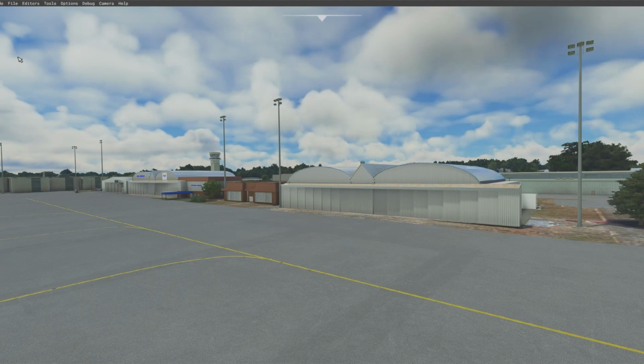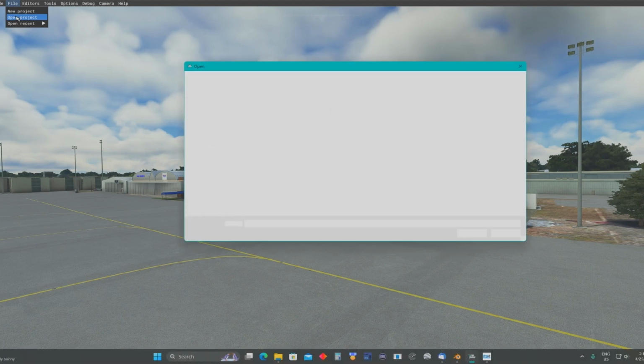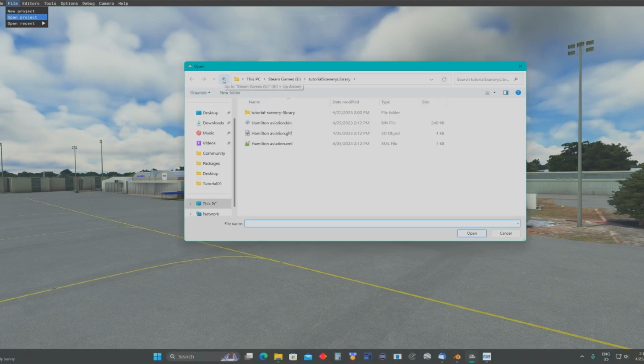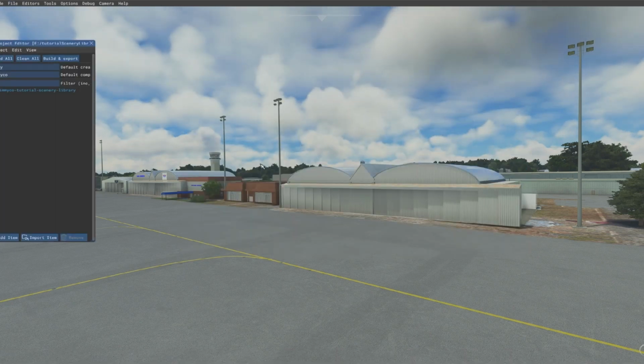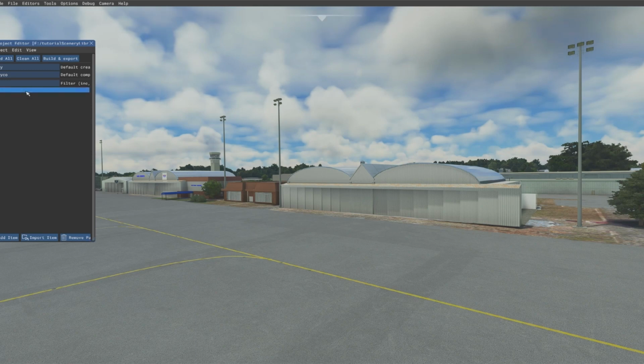Back in the sim here, we come back up to File, click on Open Project, come to the file that you made, come down to the XML file, click on it. Okay, now we need to compile the package so that it will incorporate the object into the library file. So click on that,